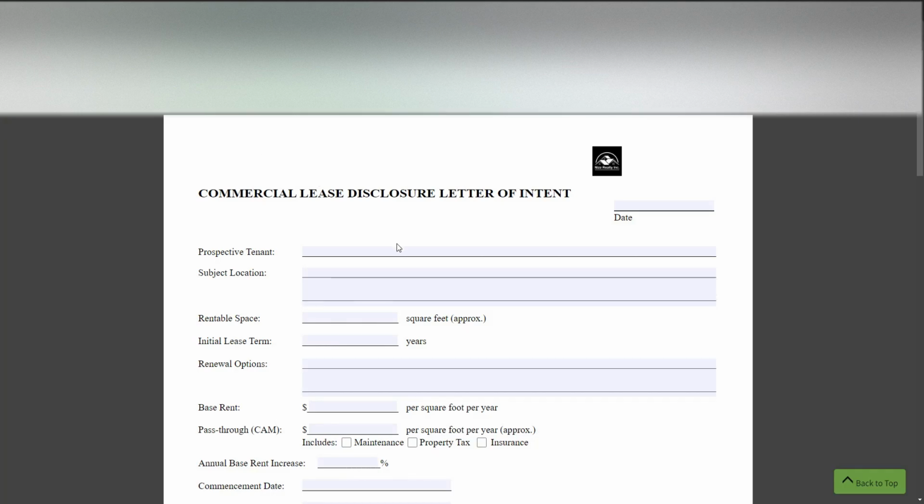Greetings everyone. Today we're going to be discussing the Commercial Lease Disclosure Letter of Intent, also referred to as an LOI or a Letter of Intent to Purchase or to Lease. This is most commonly used in the commercial space of real estate, also the industrial, and mostly everything outside of